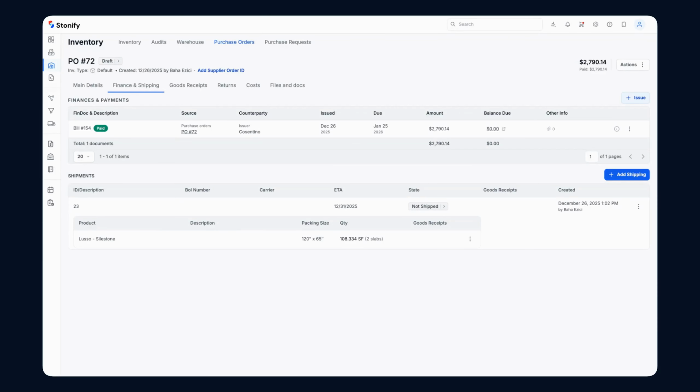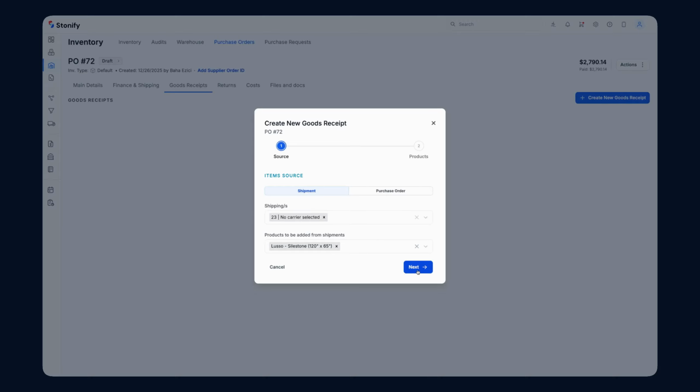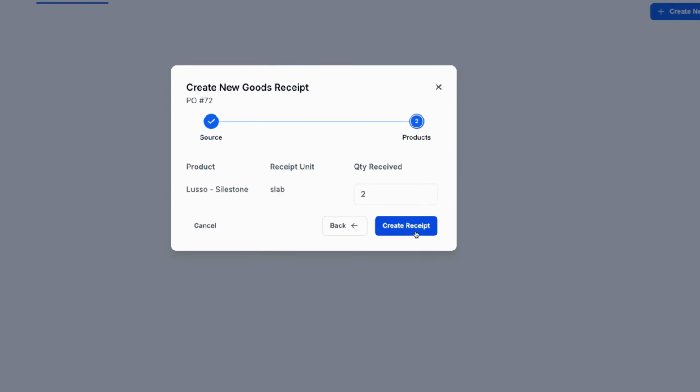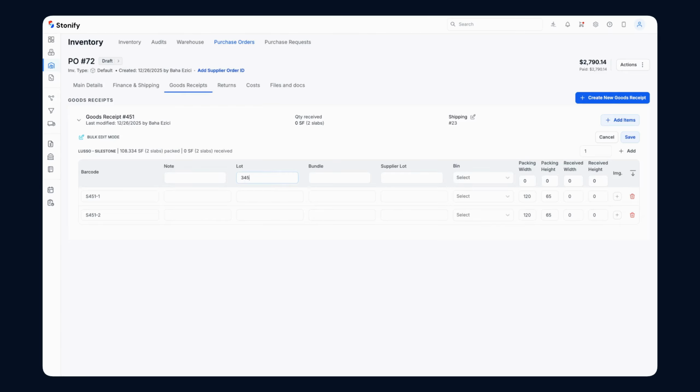Once products arrive at the warehouse, we create a goods receipt. Now, we will create a goods receipt by choosing either the shipping or the products, and specifying how many of them were delivered. Then, we create the receipt. Click on Actions to bulk edit and add a lot number and a bin number,